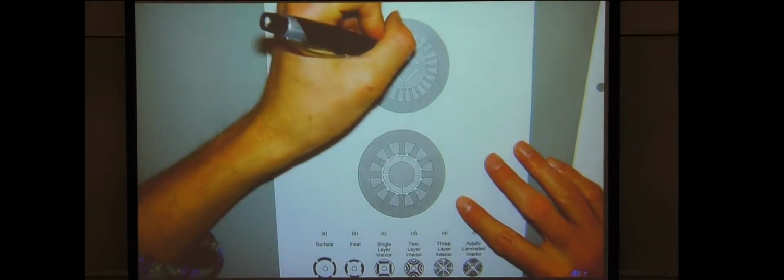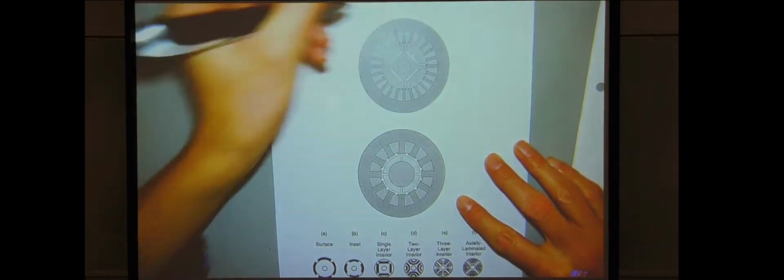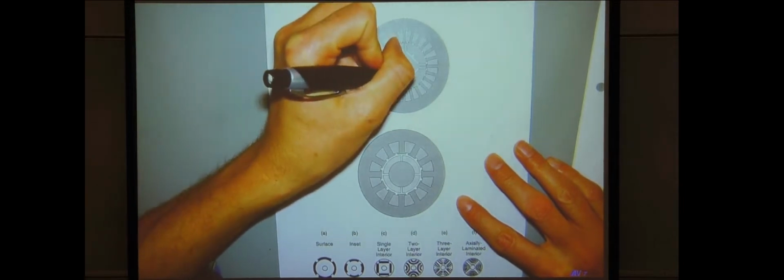So if we go to the next handout, this one. This is just from JMAG, just showing something a little bit more realistic. This is like an interior permanent magnet rotor. So these rectangular pieces here would be the magnets,